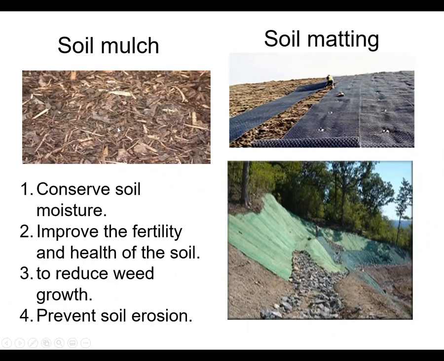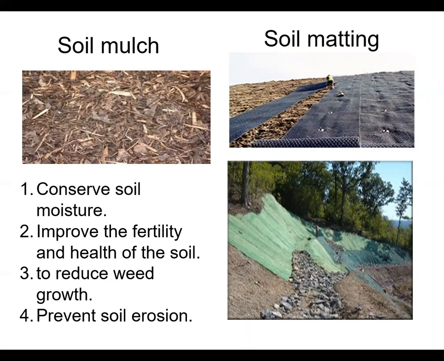Now, soil mulch, why are they better? Soil mulch that are organic are better because they conserve soil moisture, improve the fertility and health of the soil, and they reduce the weed growth and prevent soil erosion. Like the soil mulch here on the one that I'm pointing here is organic soil mulch. So as these shredded branches and leaves decompose, they fertilize the soil. And when it rains, the mulch absorb the impact of the raindrop, thus preventing the soil from becoming loose and